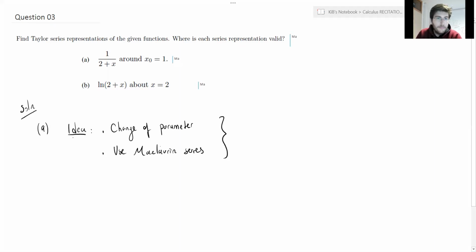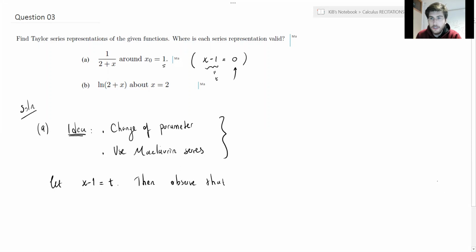So let's try to apply this idea. Here, if you look carefully, our center of expansion is 1. But actually, we can see the center of expansion like this. Why don't we use a new coordinate, t, and try to expand everything around 0? Meaning, why don't we study the Maclaurin series after a change of parameter? So let x minus 1 be t. Then, of course, we should observe that